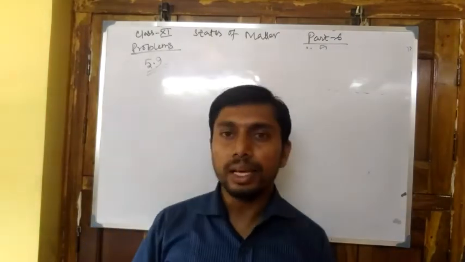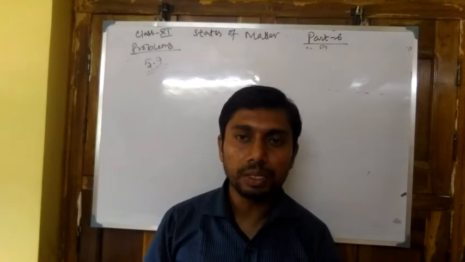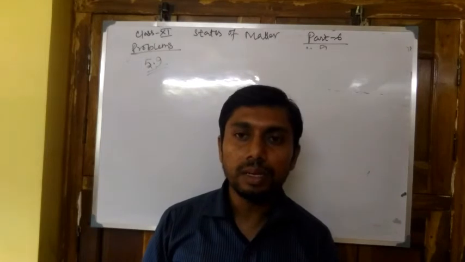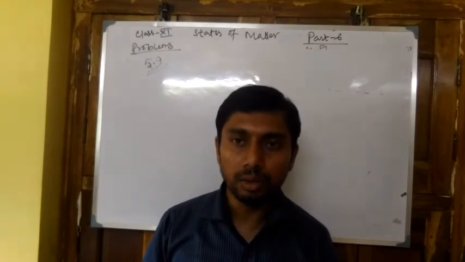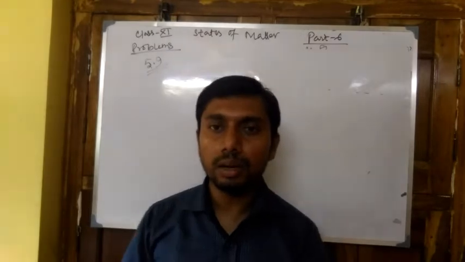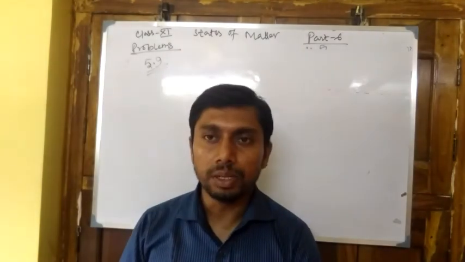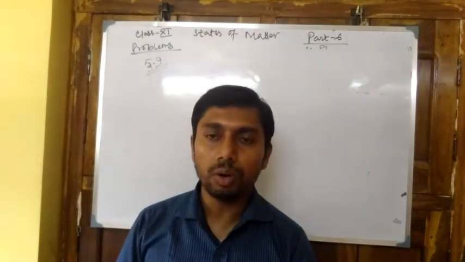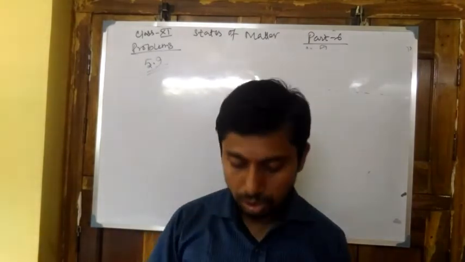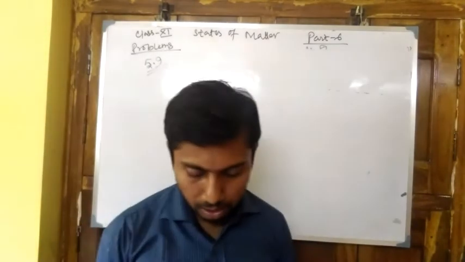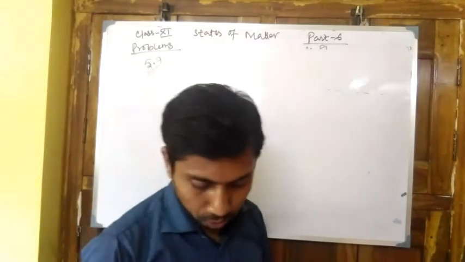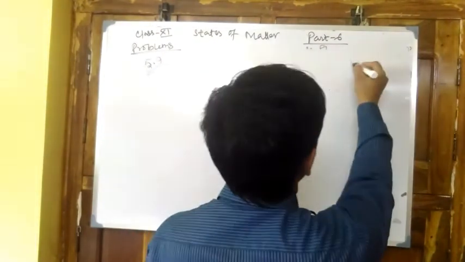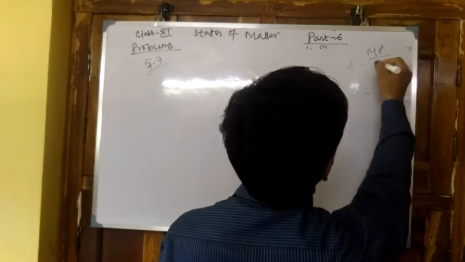Now what is STP? There is a definition of STP that at the sea level and the pressure given by 76 centimeter of mercury of unit cylindrical volume is known as STP, and it is equal to the 1 bar pressure, and the temperature is equal to 0 degree centigrade is equal to 273 K. So first of all, write down the data given. First of all, D1 equal to 5.46. Write down the equation by which D equal to MP by RT.